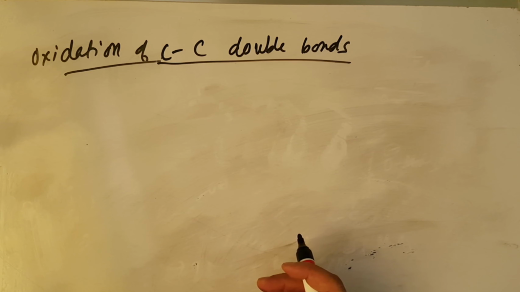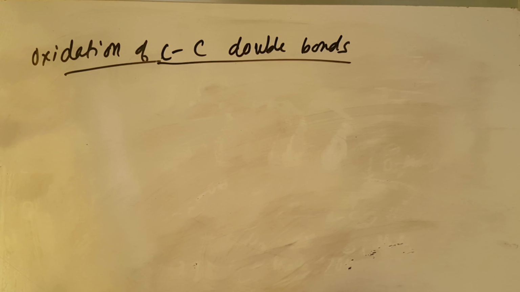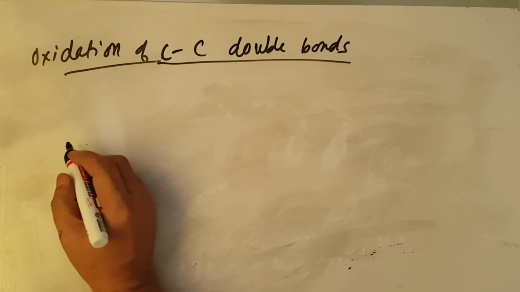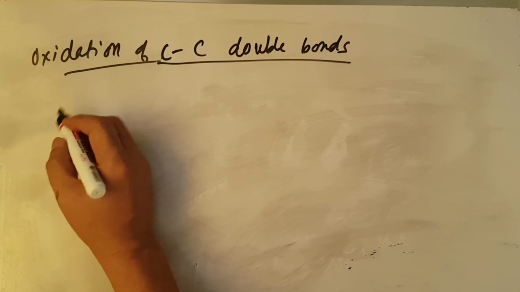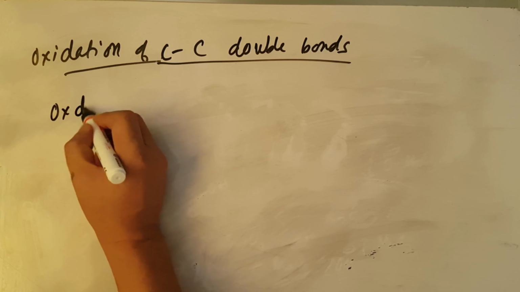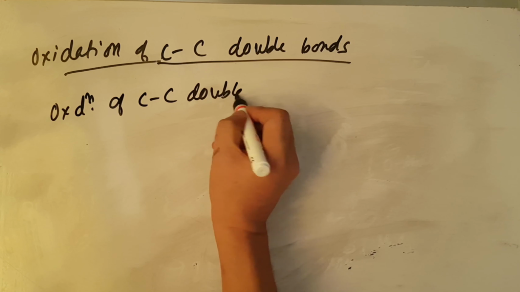So in the case of alkali or neutral mediums, double bonds are oxidized to 1,2 diols, and in the case of acidic mediums, they are oxidized to alpha ketones. I've written that down already. So this oxidation of carbon-carbon double bonds